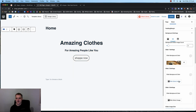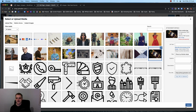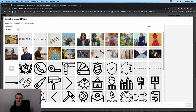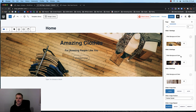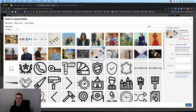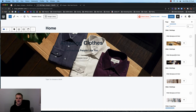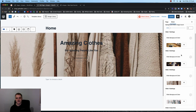So then of course we want to add our additional images. So let's go and add, say, this one. Then we'll go and add this one. Let's add another slide, and we'll add this one as well. Oh no, the kids. Or did I use the kids one already? No. Okay. So it sort of showcases the different types of clothing